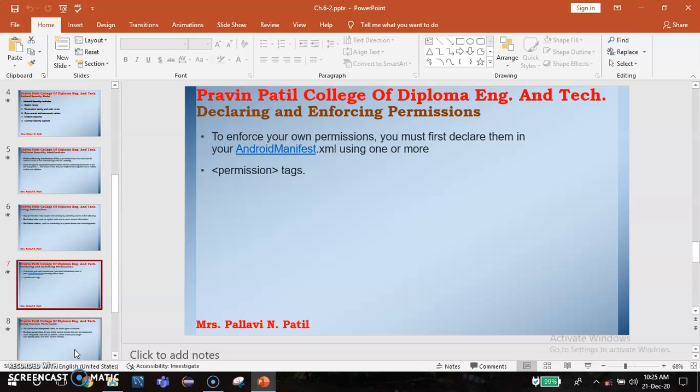Next, the tag uses a protection level attribute, which is required, telling the system how the user is to be informed of the application requiring the permission, or who is allowed to hold the permission, and describing the linked document. These are the declaring and enforcing of the permission. Use the permission tag protection level attribute